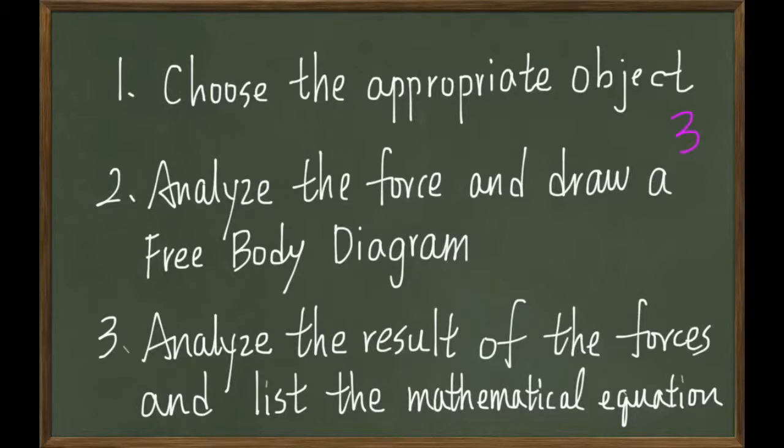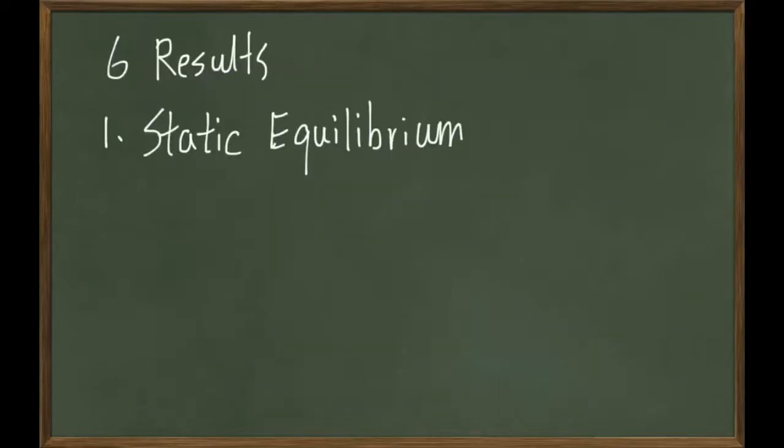Step 2, you have 12 basic forces to choose from. While in step 3, you have 6 choices. In this chapter, we will be solely focusing on the first one, static equilibrium. If the forces result in a static equilibrium, or the object is in a static equilibrium, you list the following